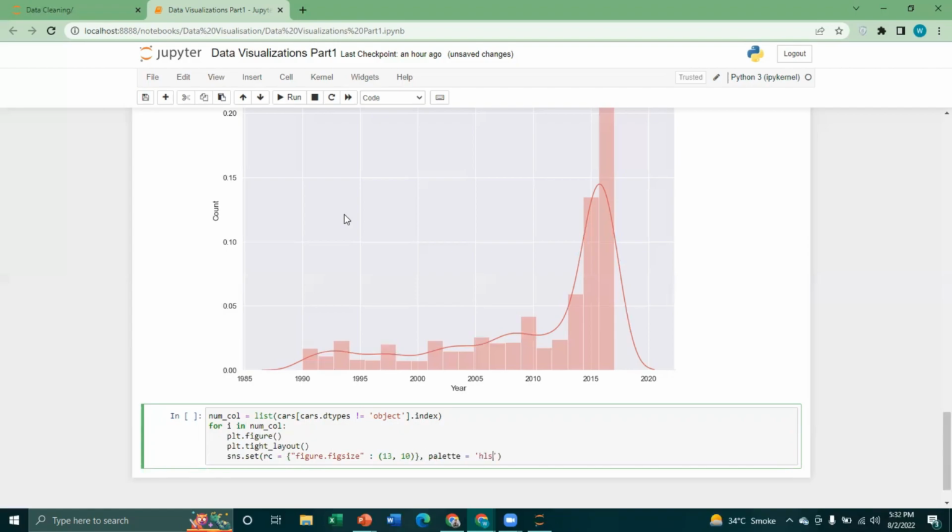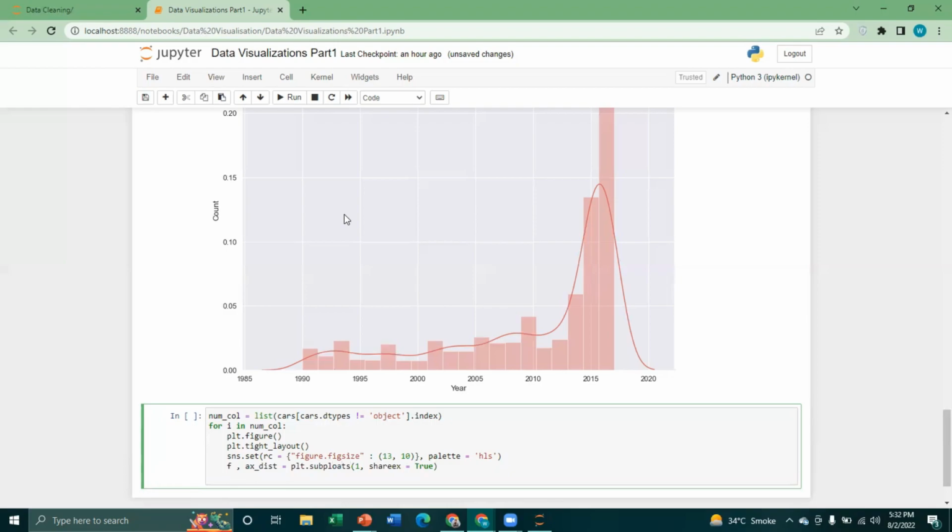This one. Then I will set the axis figure dot subplots. The subplots are 1 and share x equals to group. Now I will set the labels plot dot gca dot